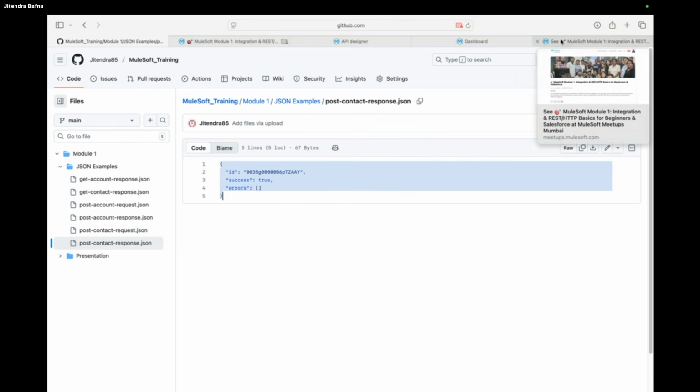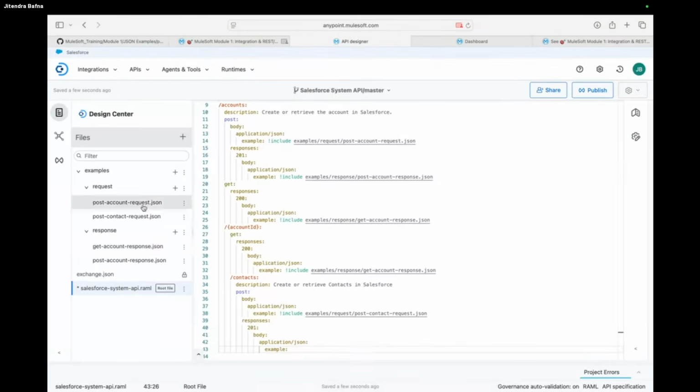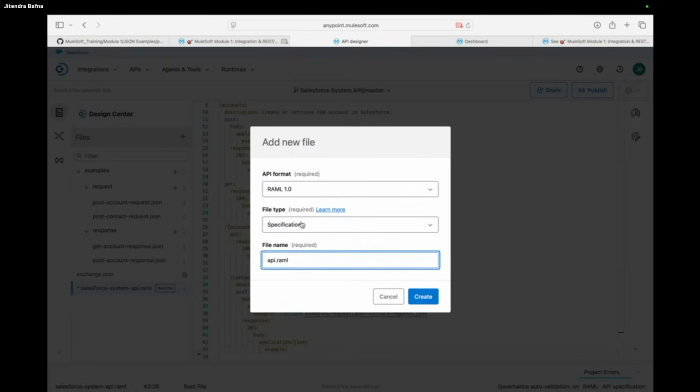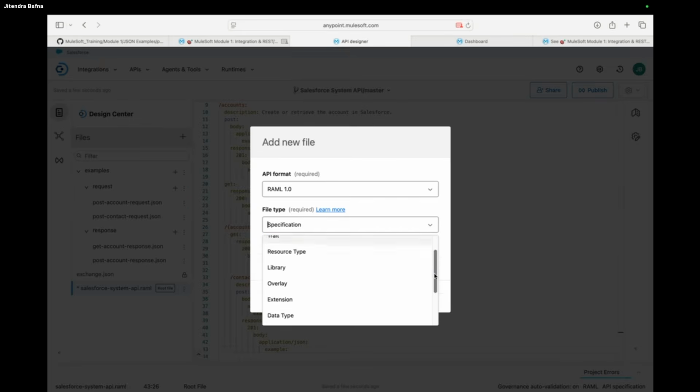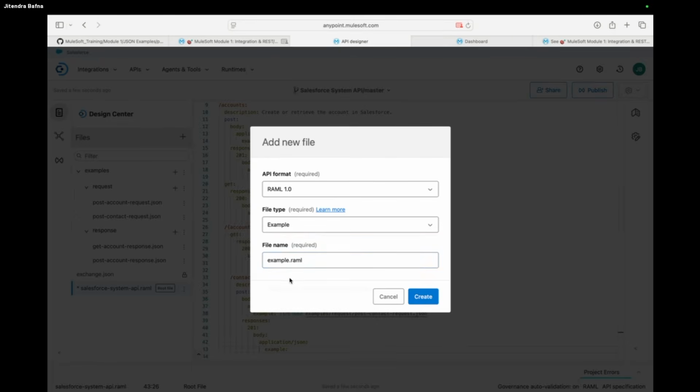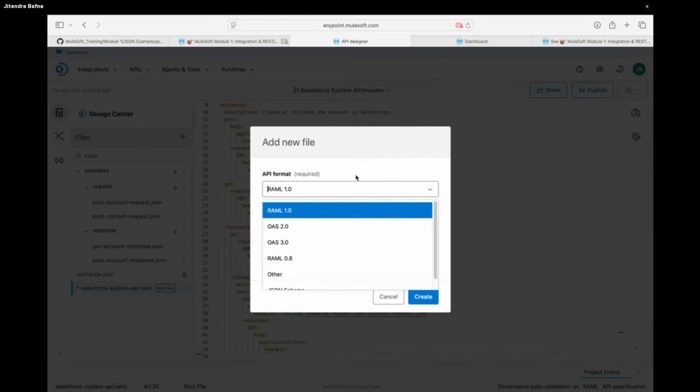Okay, so let me go back to my designer. Just a new file. There is another way where you can use the example also, where instead of other I can simply say, okay, let me go with other, that's fine.